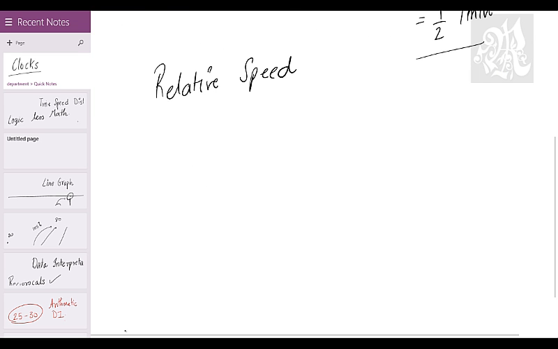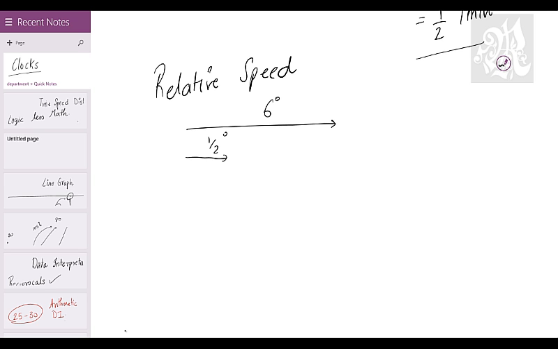Now, what is relative speed? Speed with respect to the other, right? So, the minute hand, let's say, goes at 6 degrees every minute. So, I'll just make it this way. Let's say this path is 6 degrees. How much does the minute hand go? 6 degrees. How much does the hour hand go? Only half.